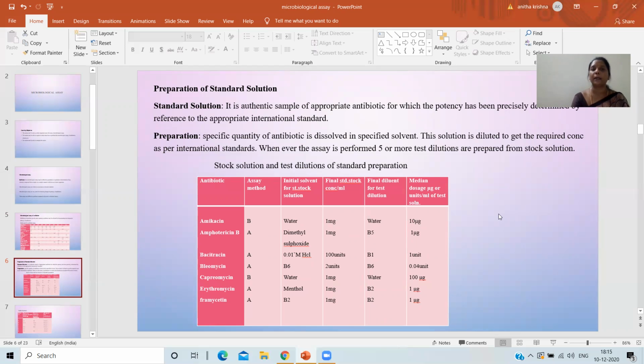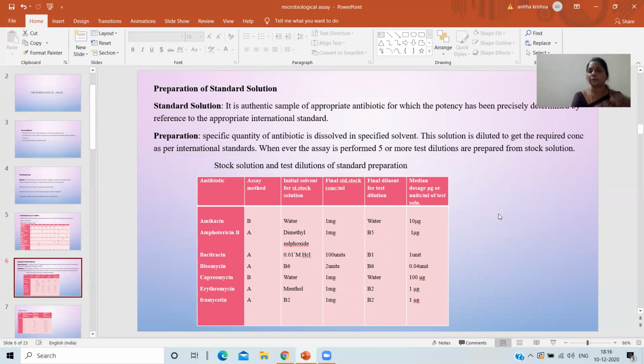Then how you prepare it: you take the specified quantity of antibiotic and dissolve it in a specific solvent. Then the solution is diluted to get the required concentration as per the international standard. That is the procedure for preparing your standard solution. It can be a concentrated one, it can be a diluted one, but it has to be made up to the required concentration as per the